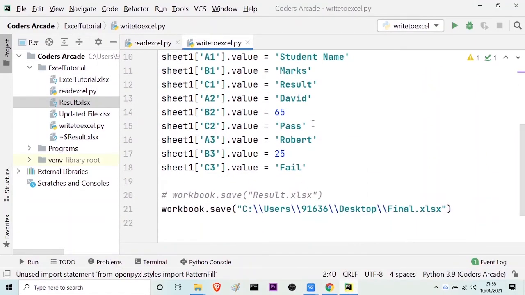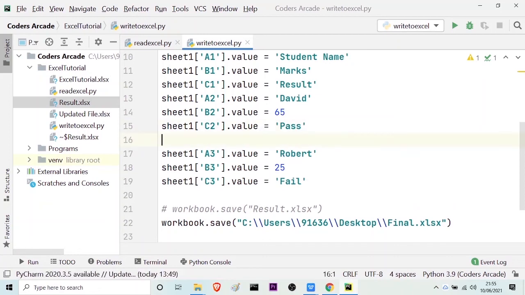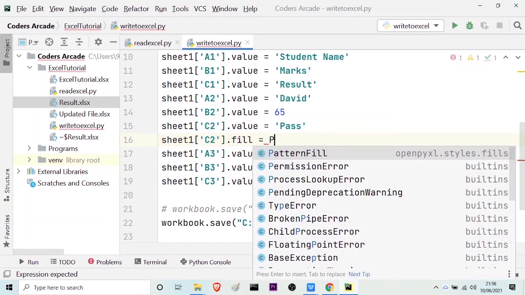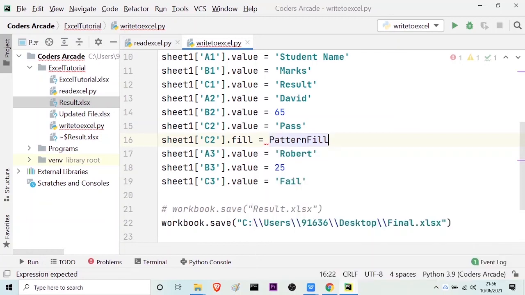Here, this is C2, and after this I will call my sheet1 variable, and then inside square brackets I will give the name of my cell, which is C2, and then I will use the dot fill method, then equal to, I have to call my PatternFill class. As you can see, as I type P, the PatternFill option gets suggested. Then I press enter, and inside the parenthesis,